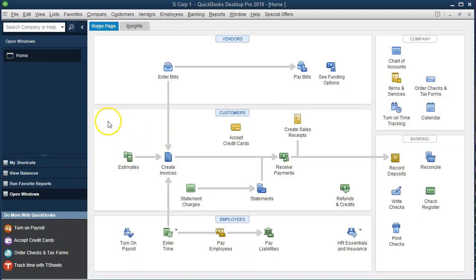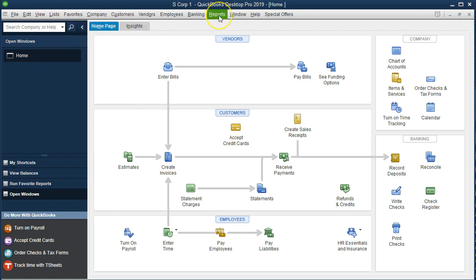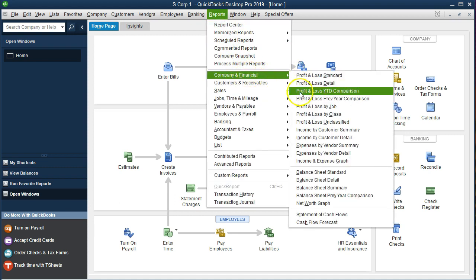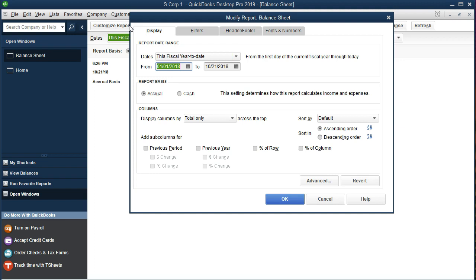Here we are in the home page. We've got the open windows open. To open the open windows, go to the View drop-down and the open windows list. We're then going to open up our reports, our balance sheet, by going to the Reports drop-down, Company and Financial, and scrolling on down to the Balance Sheet Standard report. We're then going to customize the report date range, 01/01/21 to 12/31/21, January 1st to December 31st,